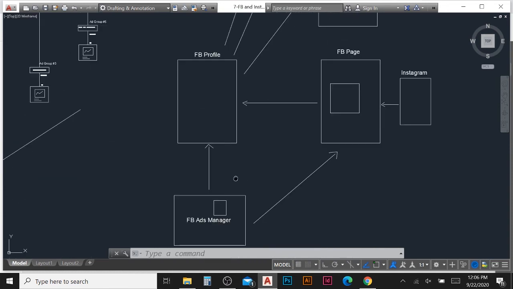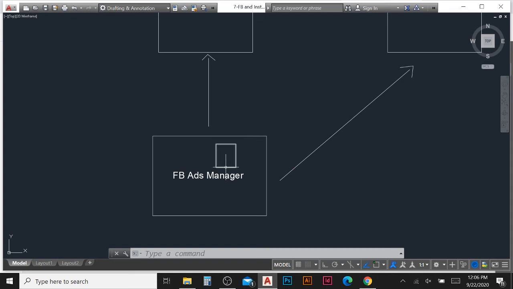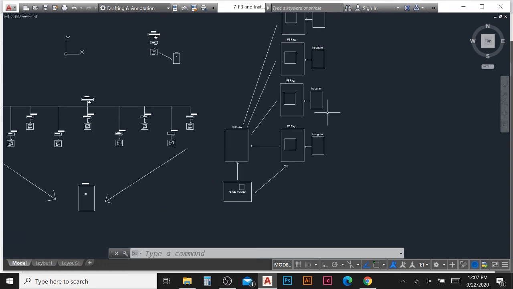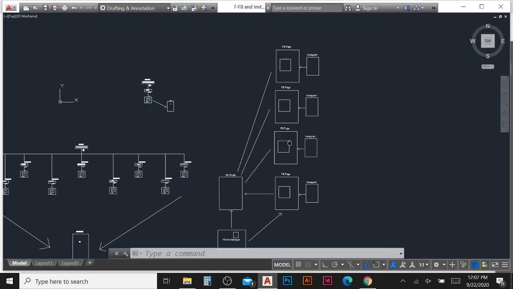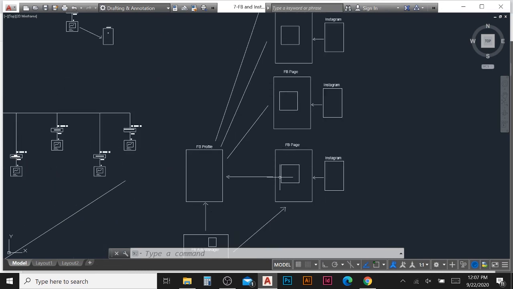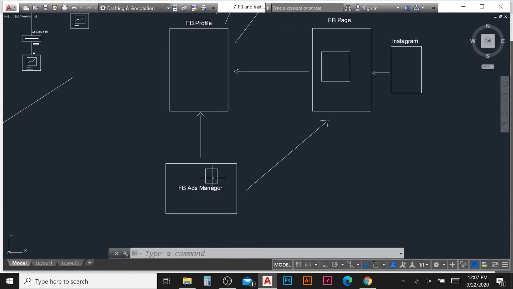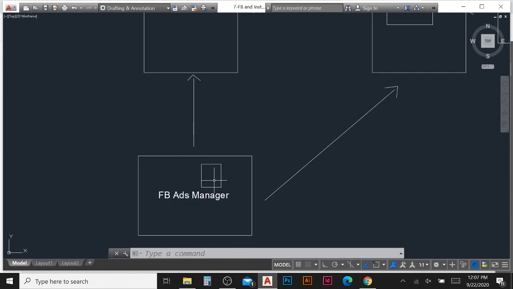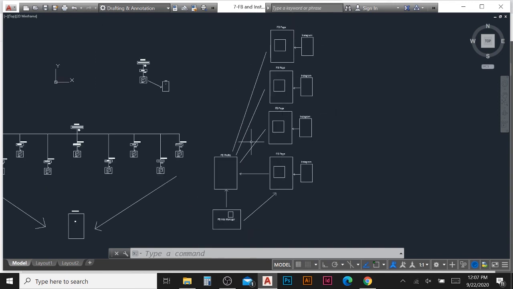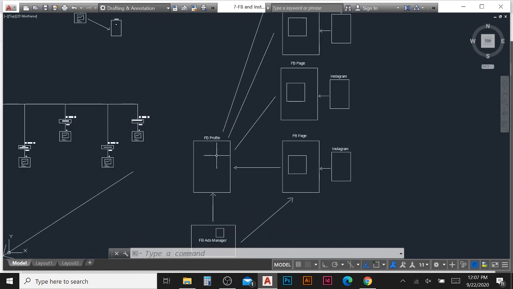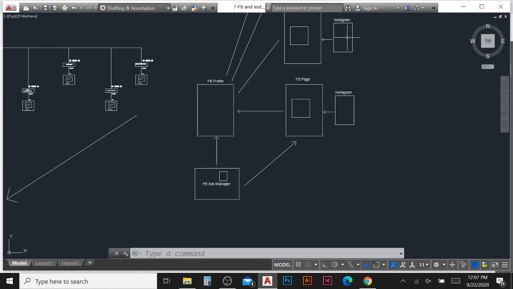So how will we do that? Inside the Ads Manager, when you are creating an ad, how to create an ad and all this, you can watch in a video on my channel. That video on how to make an advertisement on Facebook and Instagram will be available. This is just the basic option, so that we understand what platforms we have here. I'm just giving an overview for beginners. Once you are creating an ad in Ads Manager, this Ads Manager is common for any pages. Even if you have more pages in your profile, you can do ads for any page or any Instagram.